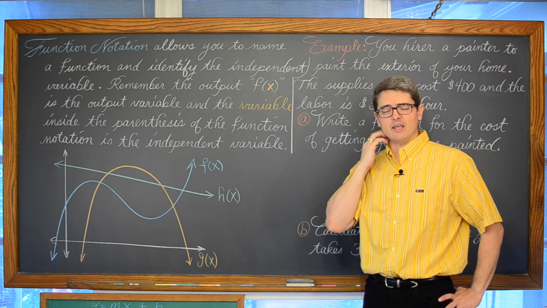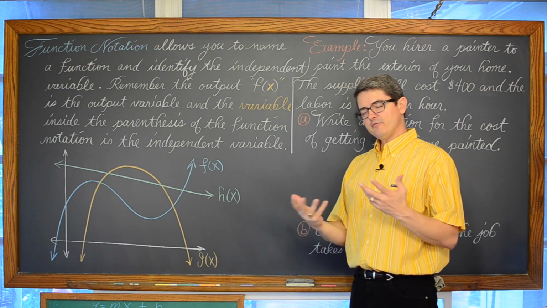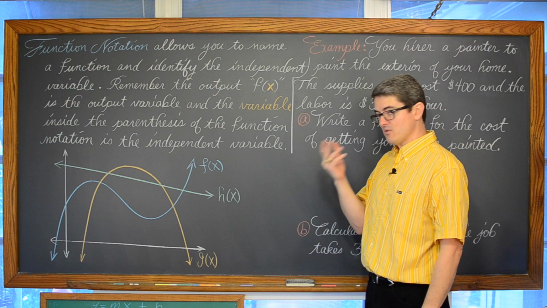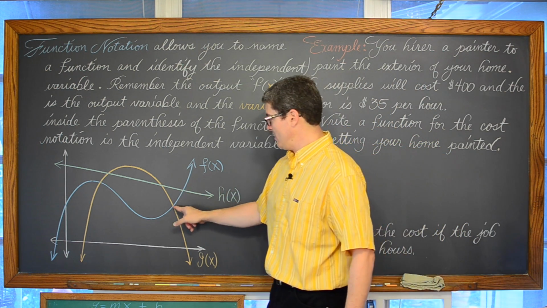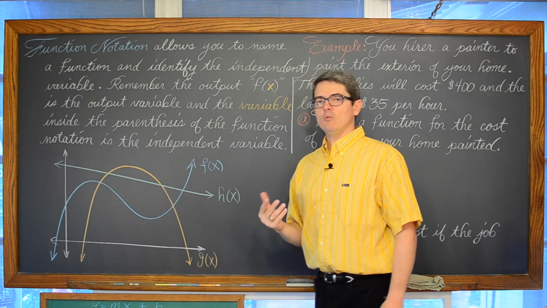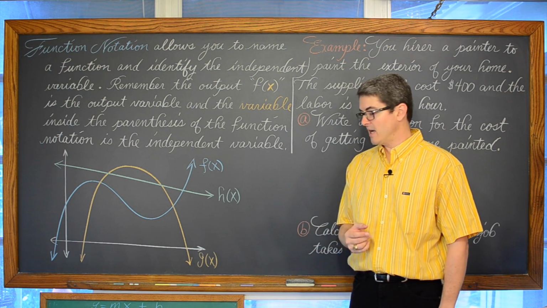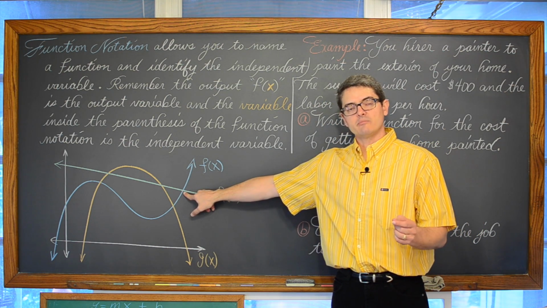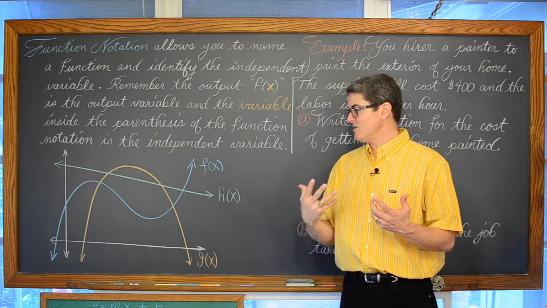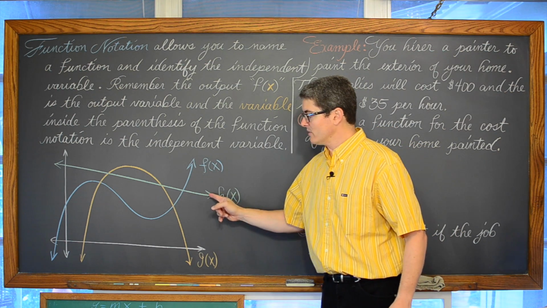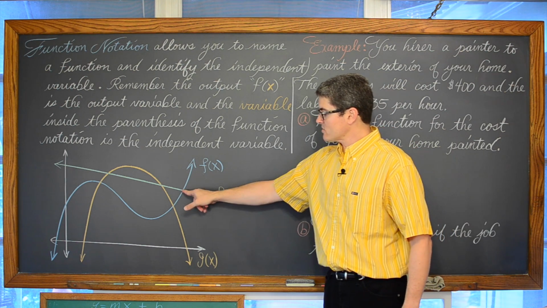Well, there's a lot of real-life application, a lot of problems that you learn in algebra in every class from there on out, where you need to find out where two graphs cross, intersect. Well, there's a lot of stuff going on. There's an intersection point here, here, here, and here. But if I say, where does function h and function f intersect, there's only one intersection point. So if I say solve or find where function f and function h intersect, then you know exactly what two lines or curves on this graph we're talking about. And you can see there's only one intersection point.